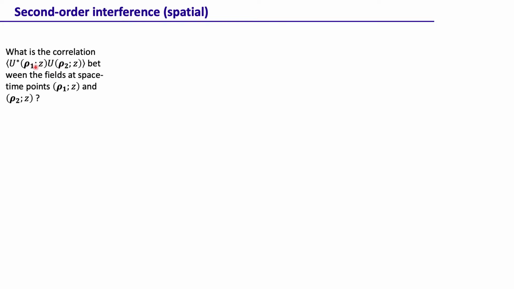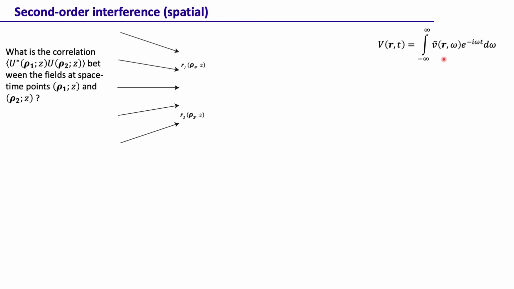So these are the two different field points, and here we are looking at the same two different space points. That's the field coming in, and that's my point R1, which we are writing as rho 1 z, and point R2, which we are writing as rho 2 z. Then we are asking what is the correlation between the field vibrations at R1, which is rho 1 z, and R2, which is rho 2 z. In this case, just to make things simpler, we will separate the time part